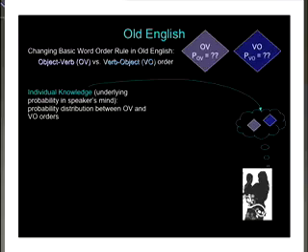So, Old English, first of all. The thing that we see in Old English in this case is a change to a very basic surface word order rule. And this has to do with the relative order of objects and verbs with respect to each other. So you have two choices, right? It's either object before the verb or verb before the object. There's not that many other options, right?